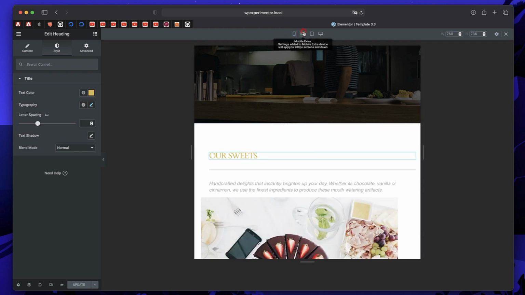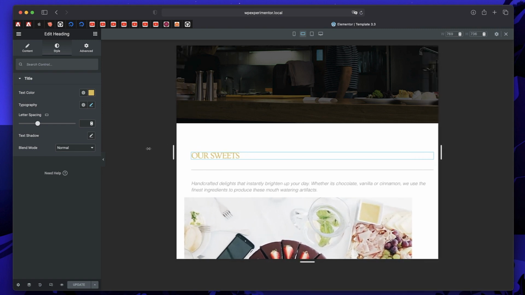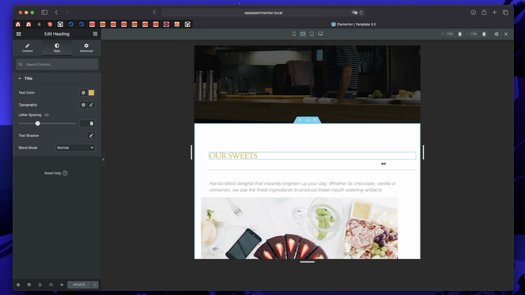Now I'll change it to mobile extra and let's also play with the width a bit. Like I said, the mobile extra breakpoint is 900 pixels. And if I play with this mobile extra breakpoint, I can go all the way down to 768 pixels, and that is just 1 pixel above this breakpoint. So until 768 pixels, I have the property of mobile extra breakpoint. So anything ranging from 768 to 900 pixels